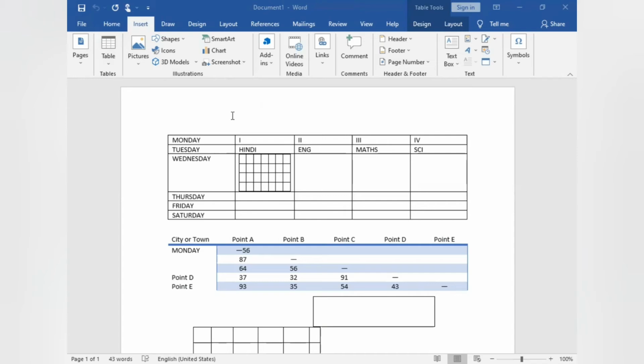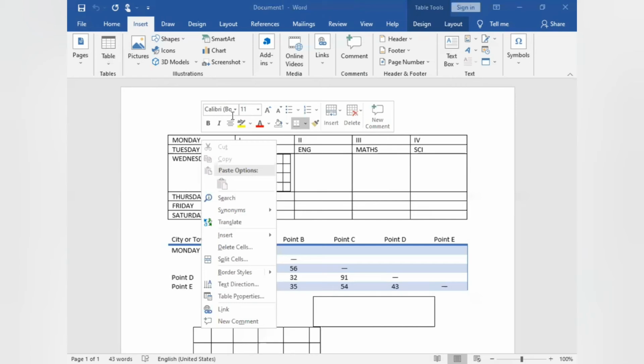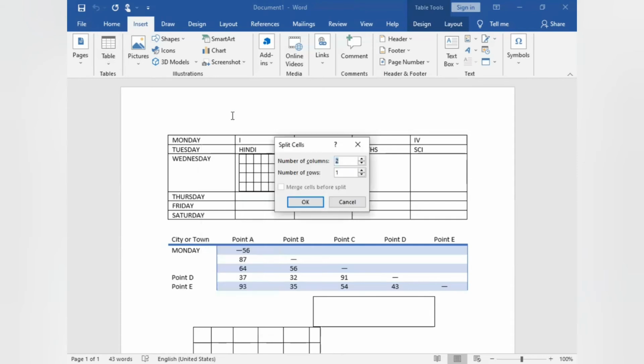Click on it, press the right mouse button and see, this is the Split Cell option. Click on it. Here, this dialog box asks you how many rows and columns you need.